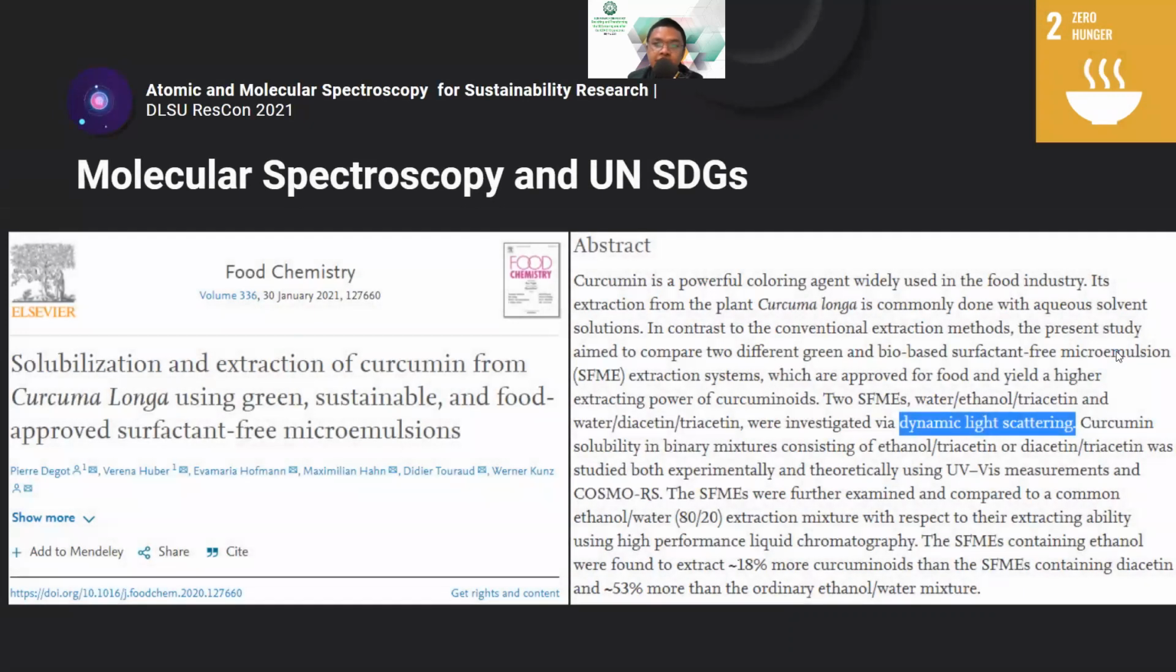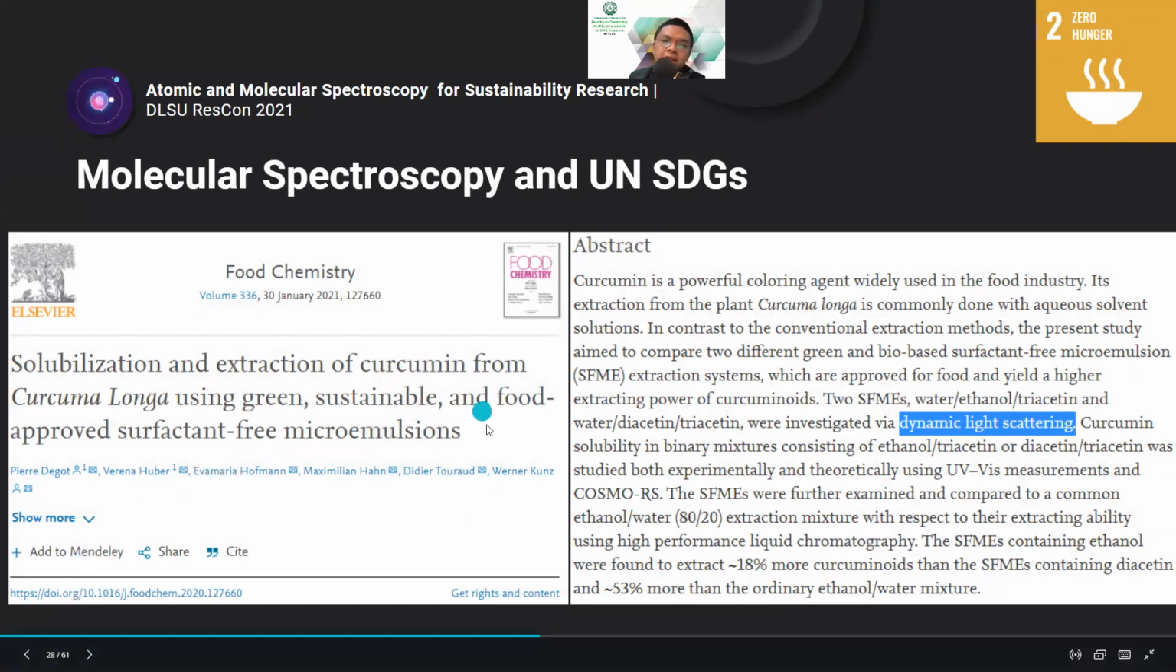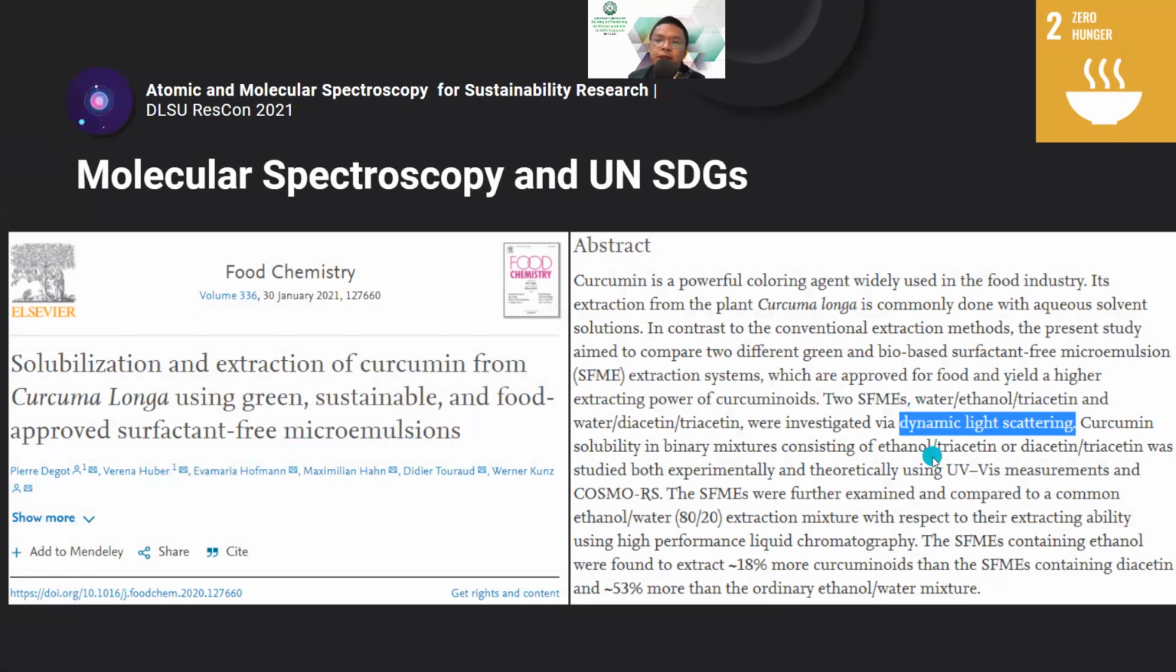And we have the last research here or application trying to achieve a zero hunger naman. So nasa food chemistry topic to, solubilization and extraction of curcumin using green, sustainable, and food-approved surfactant-free microemulsion. So ang ginamit naman dito ay isang dynamic light scattering system. So ayun,